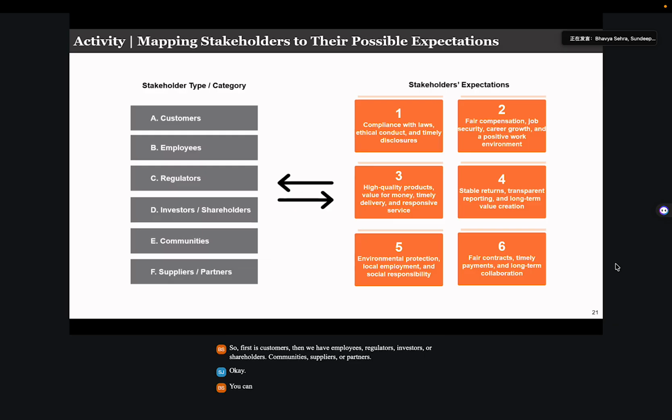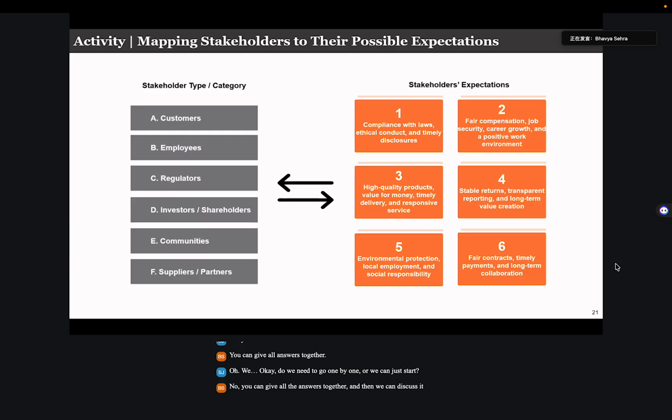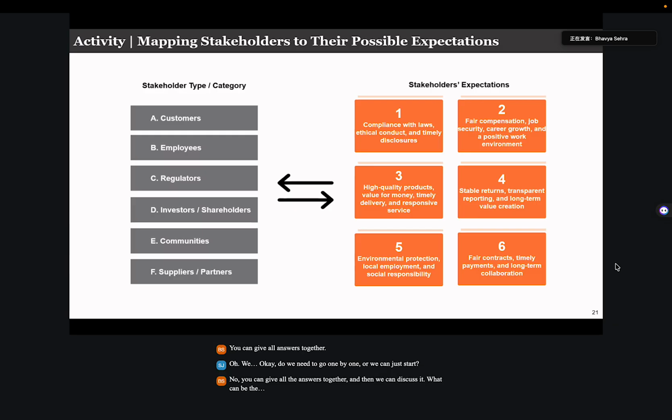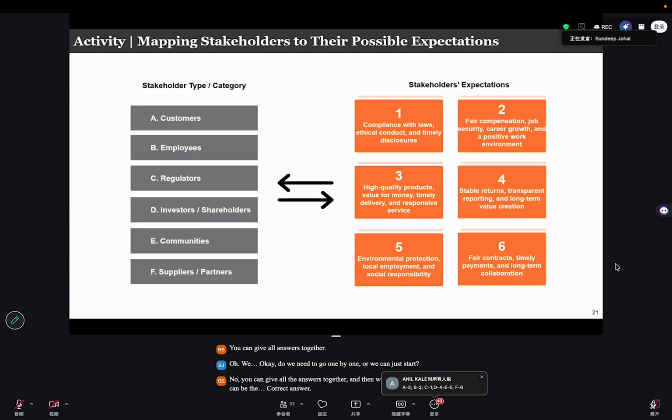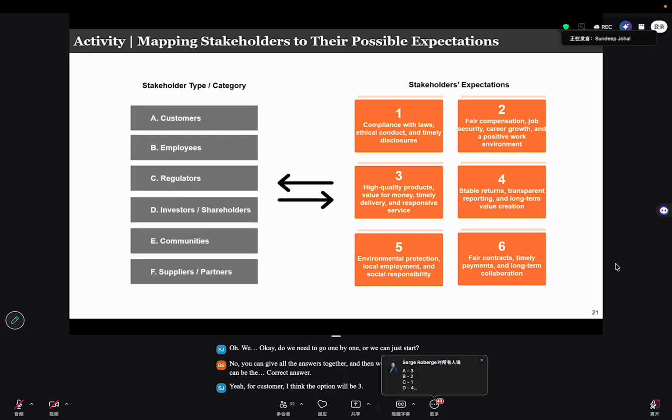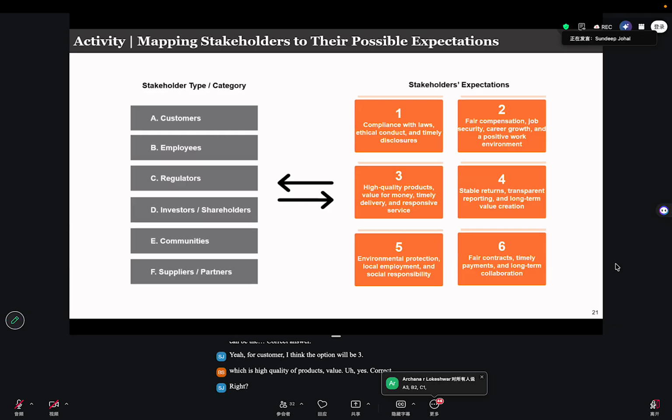You can give all answers together and then we can discuss it. What can be the correct answer? Yeah, for customer, I think the option will be three, which is high quality of products, value. Yes, right. Correct. For employees,